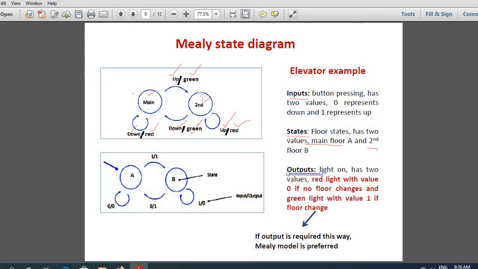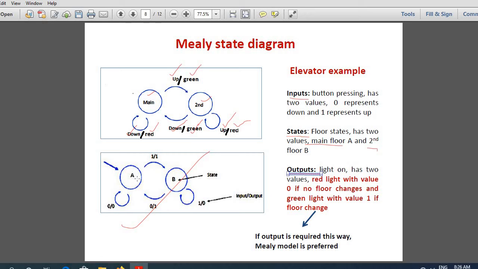Please don't forget that you have to represent the states, you have to represent the transitions as curved edges or links, and you have to write the input output pairs on top of each link. This is how you represent a Mealy state diagram. Now I'm going to give values. Look at this figure.